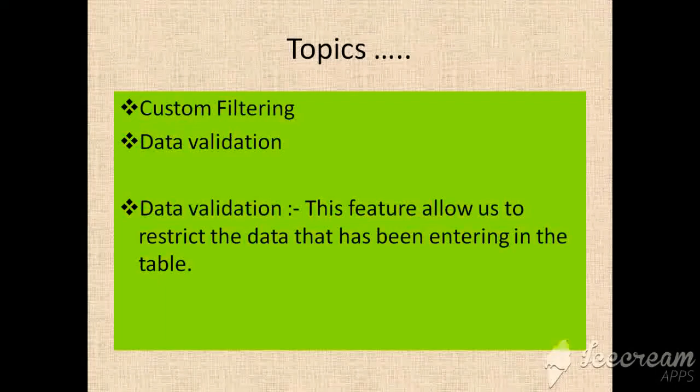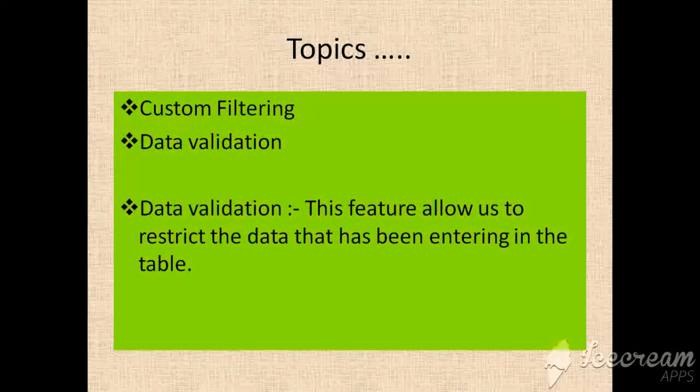That is custom filtering. The next thing we will learn is data validation. For that, first of all, we have to understand what is validation, right? This is the feature in Excel that allows us to restrict the data that is being entered. Whatever data we are entering, it puts some validation.